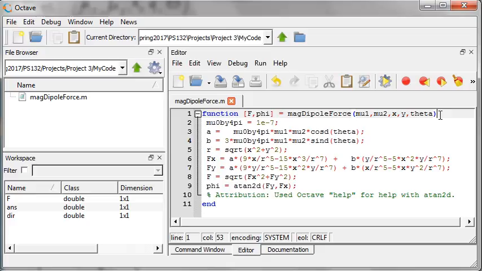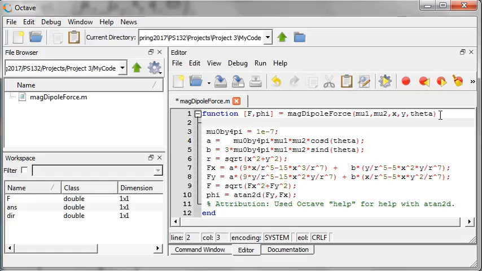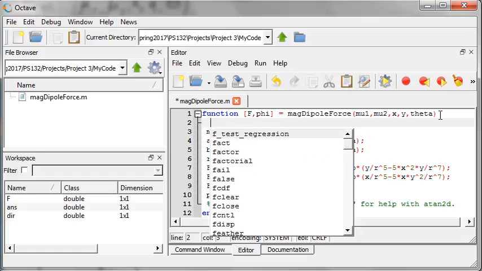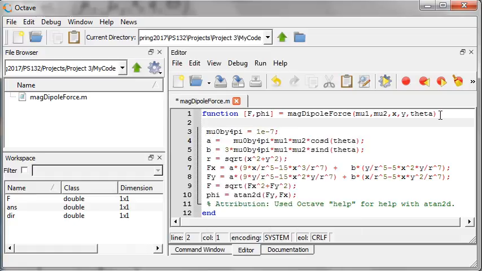So let's see up here. I put function, mag dipole force. And you want to thoroughly describe what it does in a way that it doesn't require the reader to have access to the project handout to know what's going on. So you've got to say,